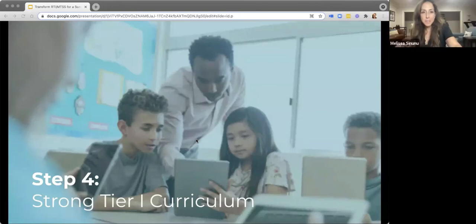And now, an additional aspect of your comprehensive RTI process does include ensuring you have a high quality tier 1 curriculum that is supporting all students learning all the key skills each year. Your screener can help with this as well. In addition to identifying student needs, your screener can highlight any gaps in your tier 1 curriculum. Are all students in the fall of 5th grade seeming to struggle with geometry? A high quality screener will show you that at a glance. This gives you the opportunity to look at your curriculum and the rigor of your practices and a chance to possibly make changes to the 4th grade curriculum for the next year.